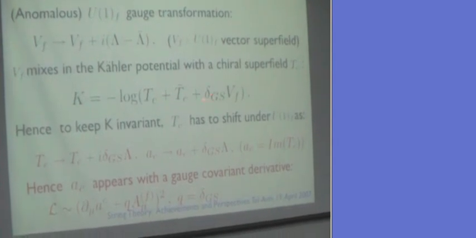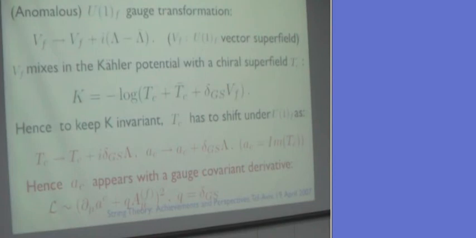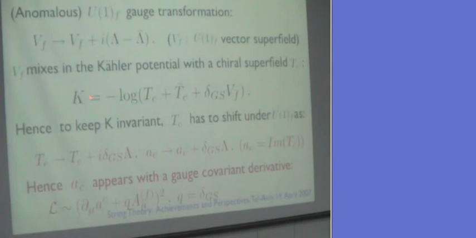And the mixing coefficient is denoted by a constant, the so-called Green-Schwarz coefficient delta. So in order to keep the Kähler potential of this form U(1) invariant, it is clear that the T_c also has to shift under the U(1), and therefore the T field, its imaginary part, is charged, so the axion shifts. And